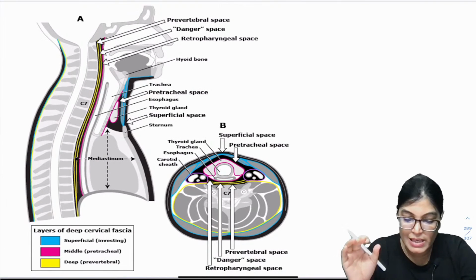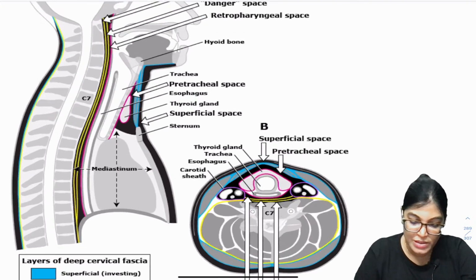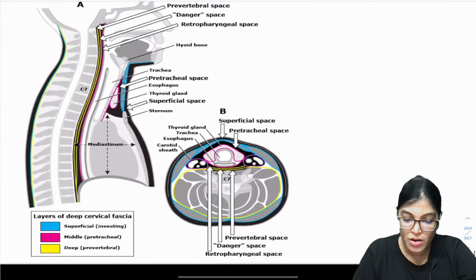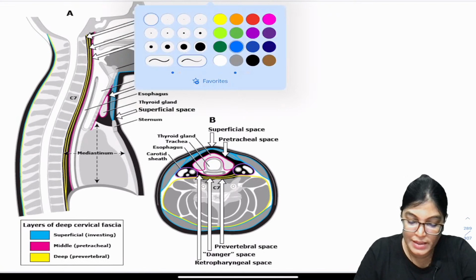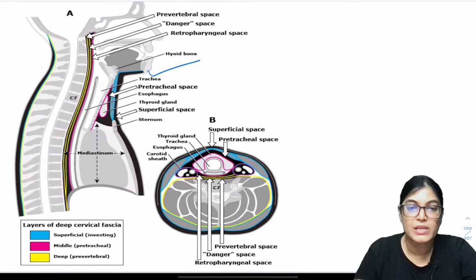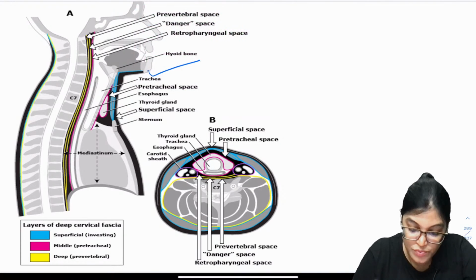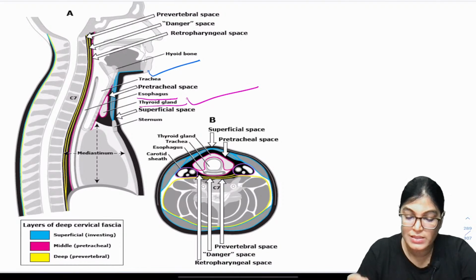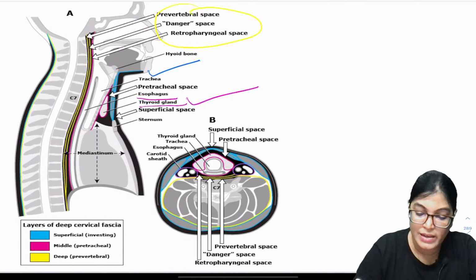Actually in this diagram you can see the three different layers shown with different colors. As I told you, the layers are designated by different colors. We can see exactly the blue color has been used for the most superficial layer, that is the investing layer, and pink color has been used for the layer which is forming a covering for the thyroid gland and all. This is the pretracheal layer, and posteriorly the layer shown here is the prevertebral layer,